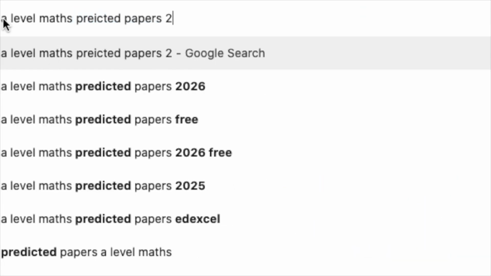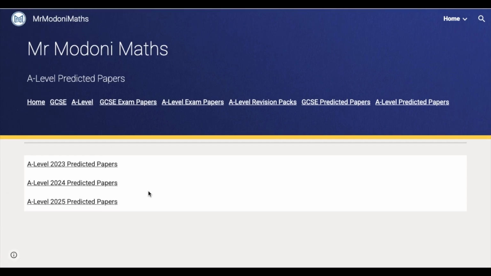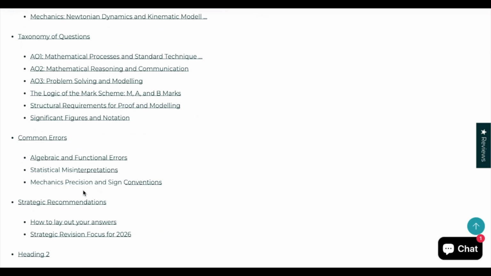Don't panic. This is what you're going to do, okay? Search up the predicted papers and see if there's anything useful. If there isn't, you're going to go to A-level maths revision